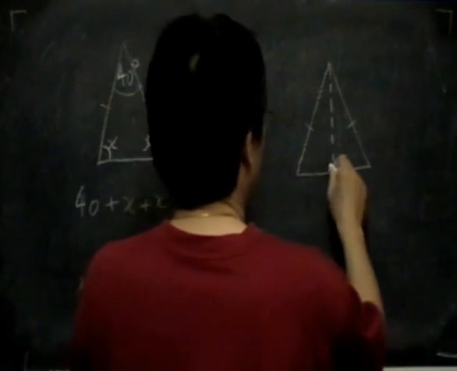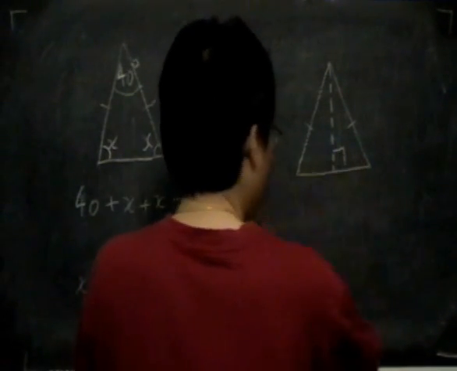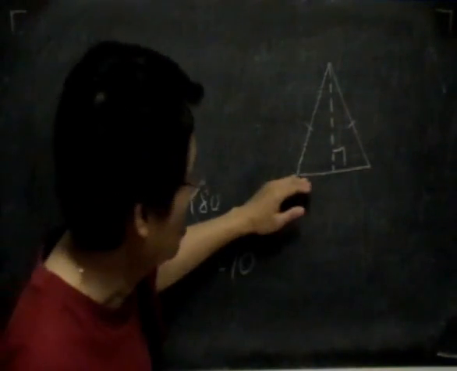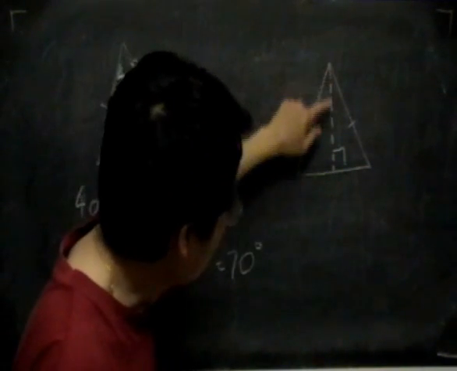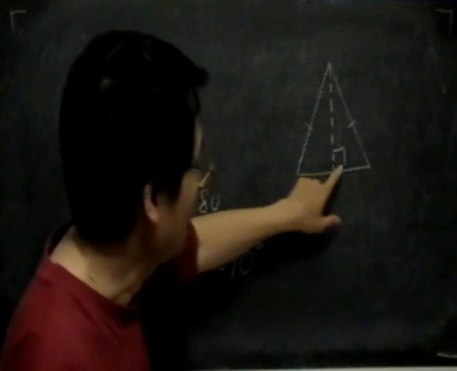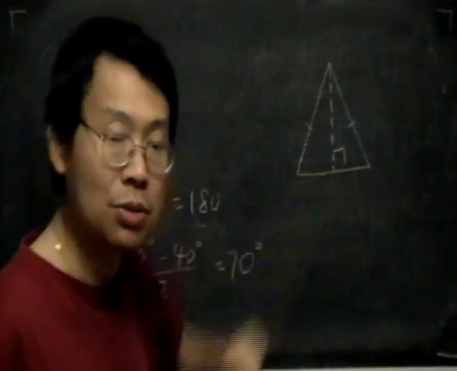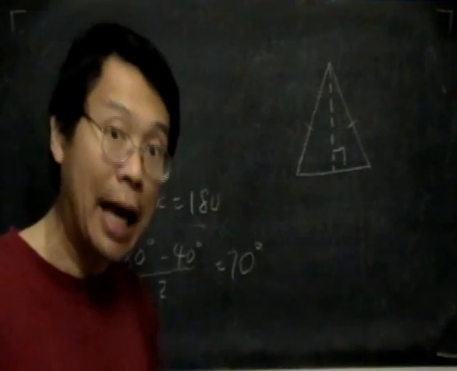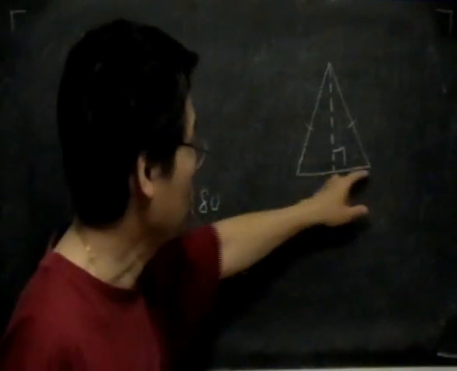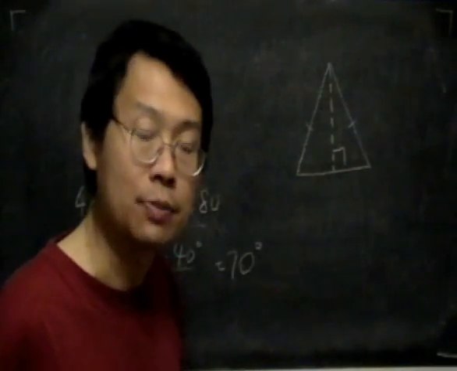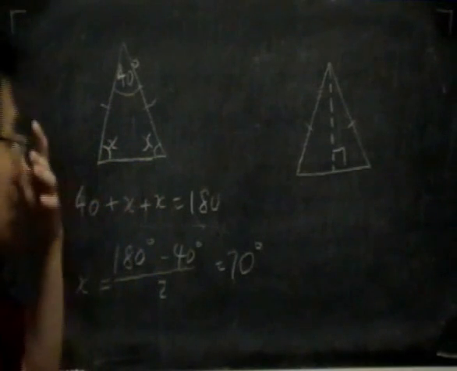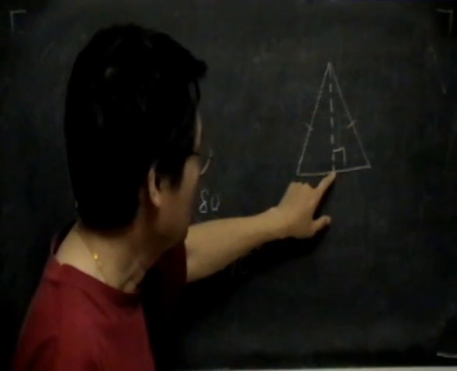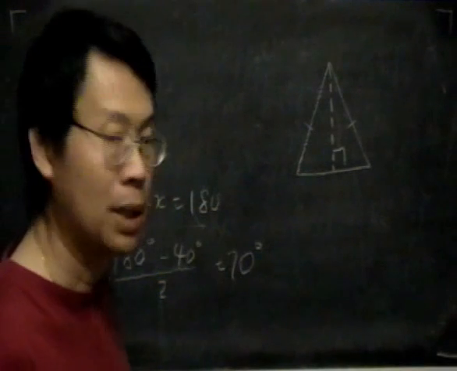I draw a perpendicular line to the opposite side. That means a straight line that meets the opposite side at 90 degrees. Okay? So if you're finding the area of a triangle, that could be the base and that could be the height, for example. So if I draw this perpendicular to the base,